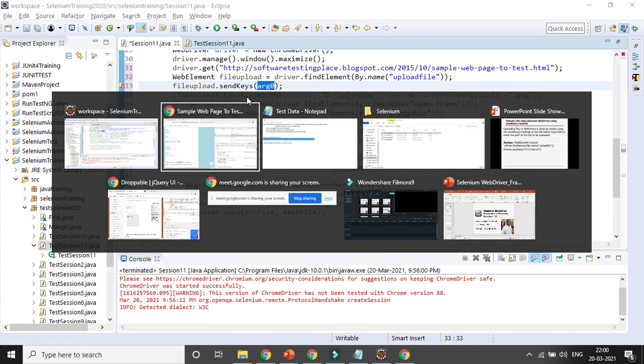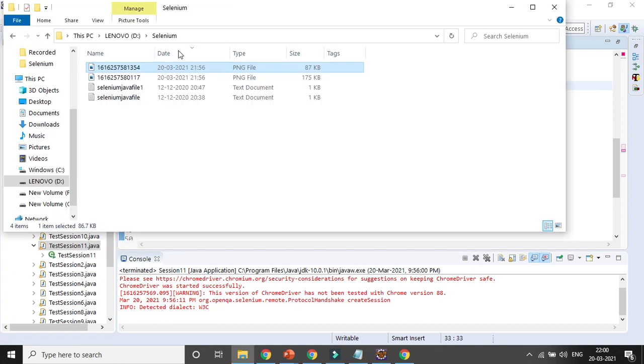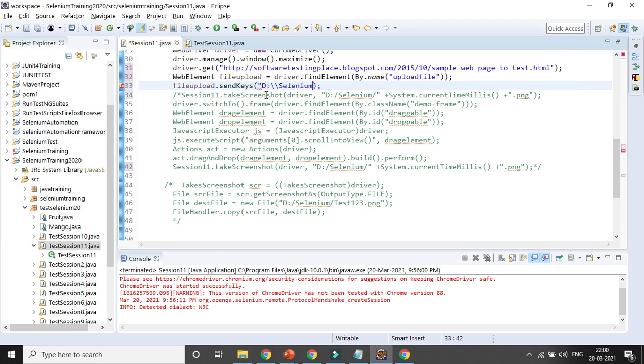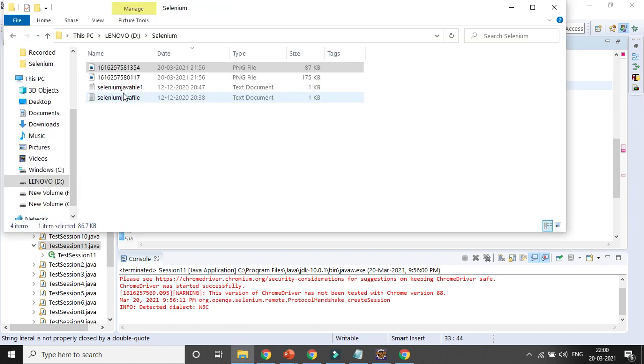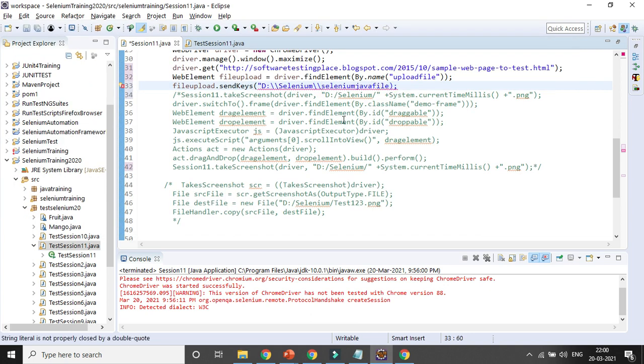Suppose I want to use that path, and here you can give the file name, for example a text file, dot txt. Any file name you give it with the correct extension, it will be working.